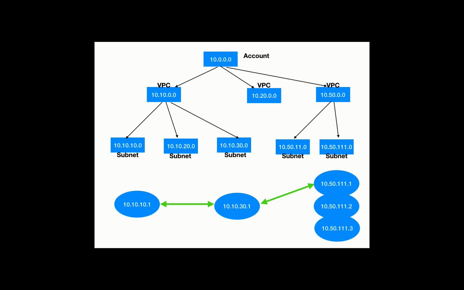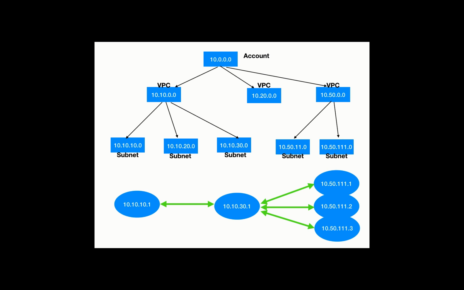Similarly, if I had to establish a connection only between 10.50.111.1 and 10.10.30.1, I do the same thing. Same thing I have to do for 2 and 3. But now I'm referring to all the machines under subnet